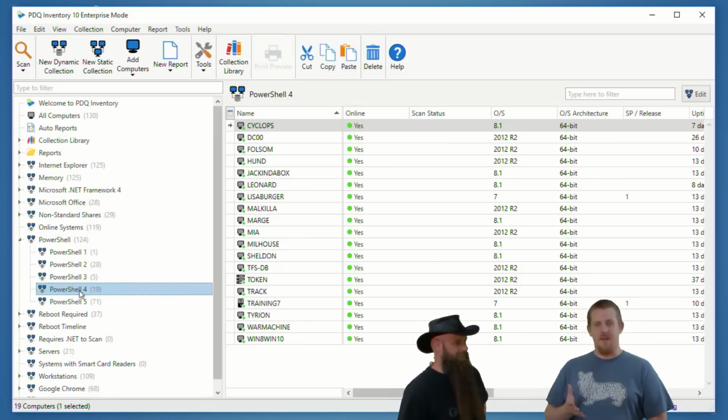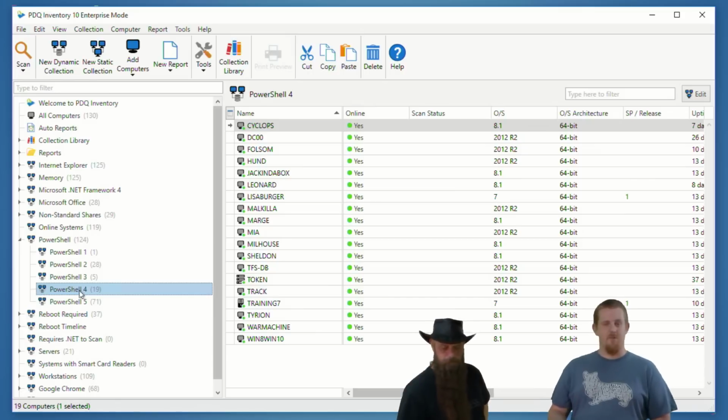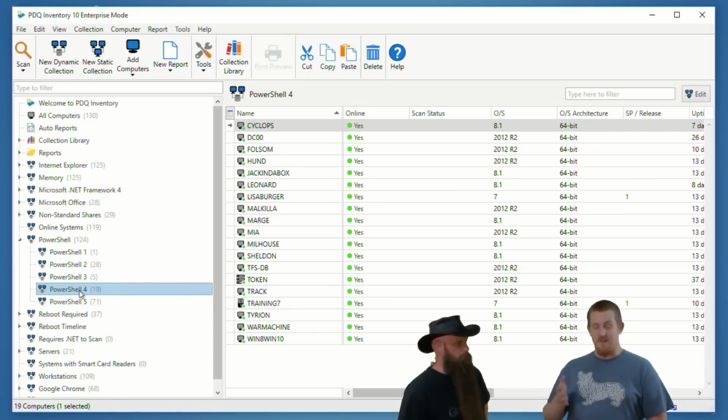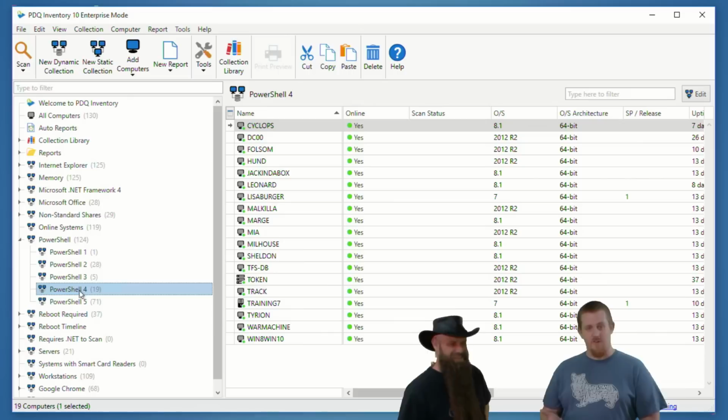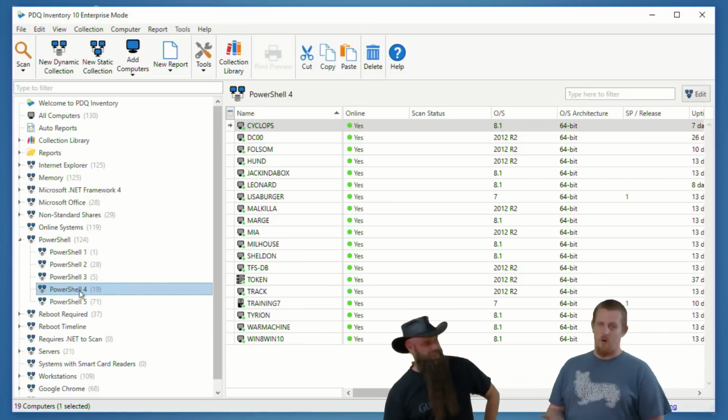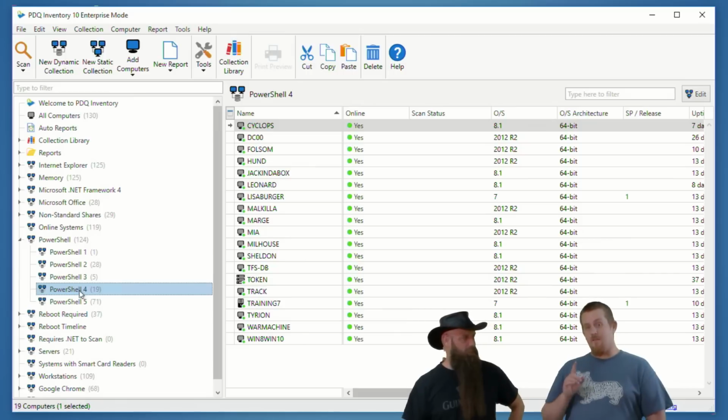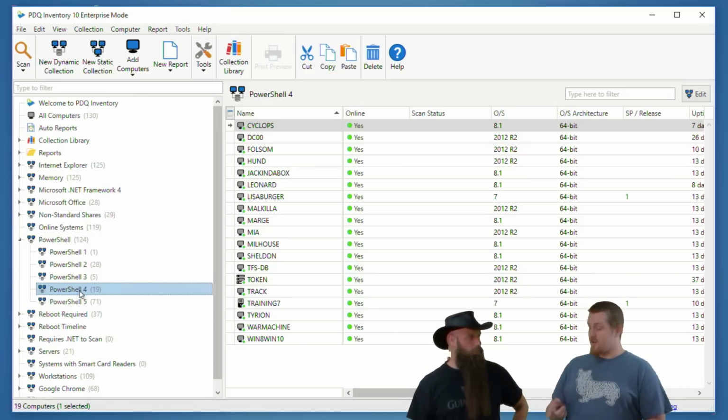I know some of them you can't. There's certain limitations. For example, Windows Vista. If you're on Vista, you've got bigger problems. But if you need to upgrade PowerShell, you can at least go to PowerShell 2. Can't go higher. But if you deploy to a PowerShell 2, you actually will get a warning